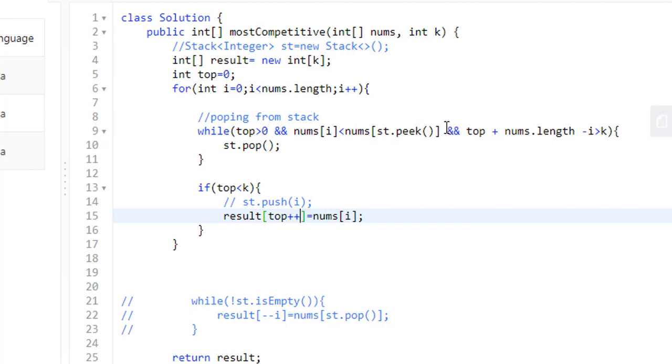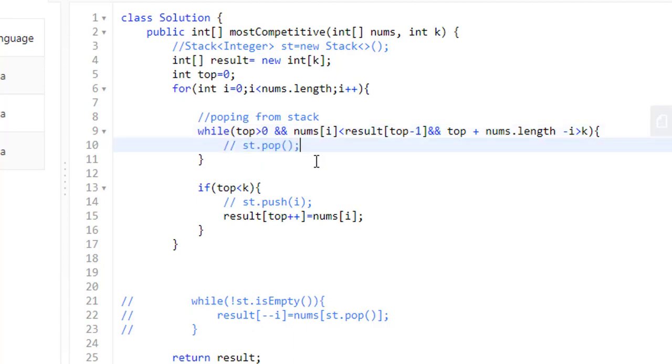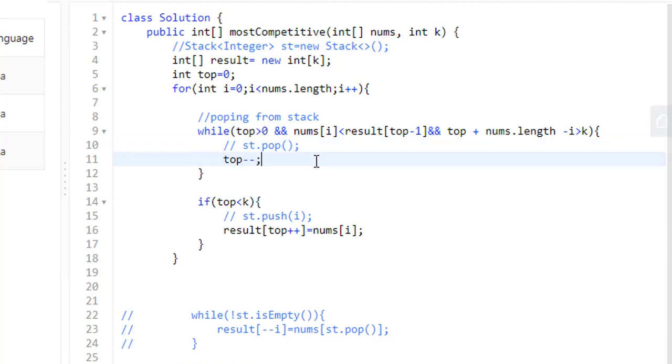Now comes the part about this value, which represents what is at the top of the stack. The value at the top of the stack will now be in the result array at top minus 1, and popping the element from the stack is nothing but decrementing the index so that we overwrite the values when we again find any relevant values of the subsequence.